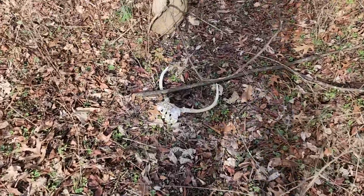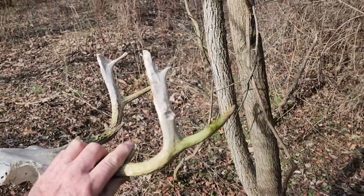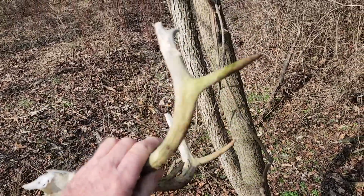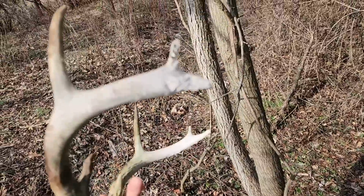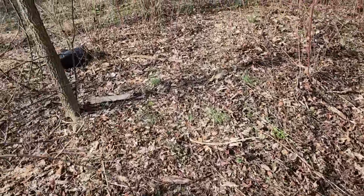Here's an old deer skull. This has been out here a while. You can see it's all chewed on. I think mice and squirrels and stuff eat that. I guess they get the calcium out of that antler. I thought it was pretty neat, but what I wanted to show you is if you look here, you see